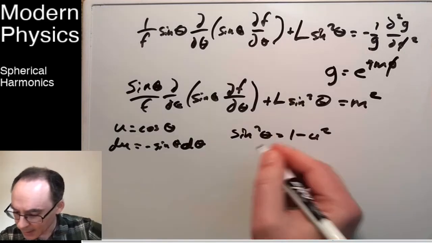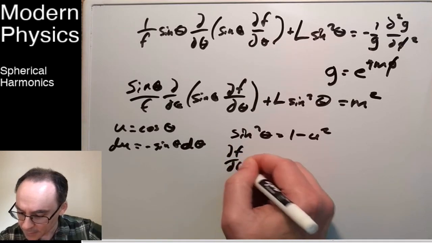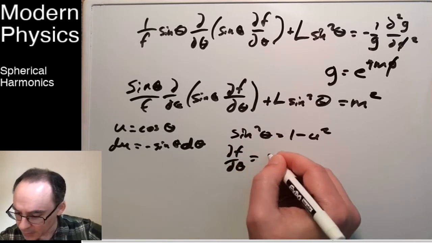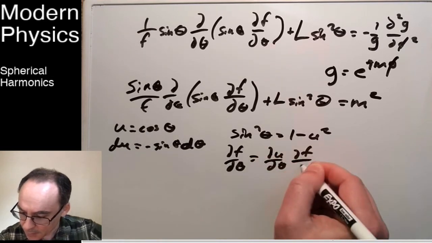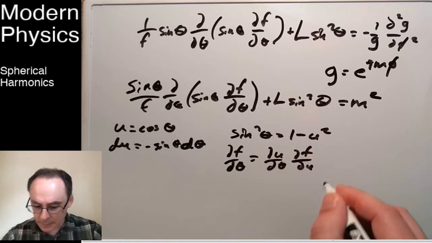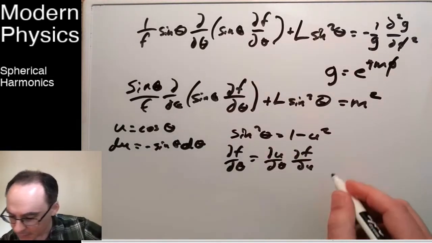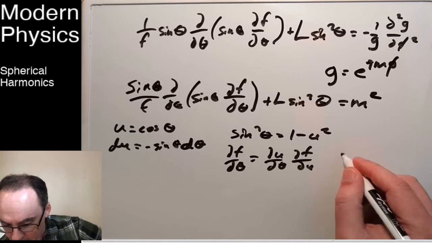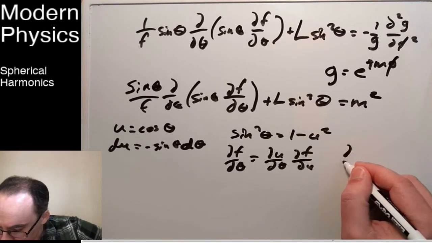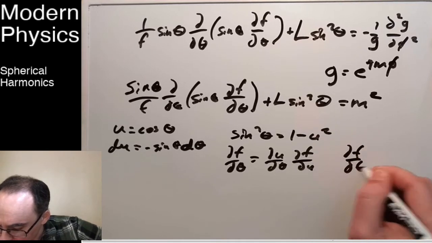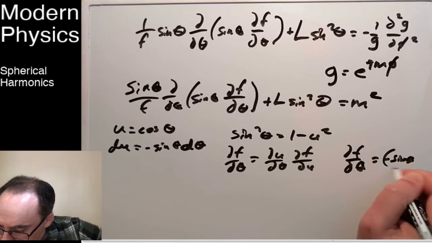And also I can look at these derivatives and I can say, well, what's df d theta in terms of df du? Well, it's du d theta times df du. du d theta is just negative sine theta. So this becomes df d theta equals minus sine theta